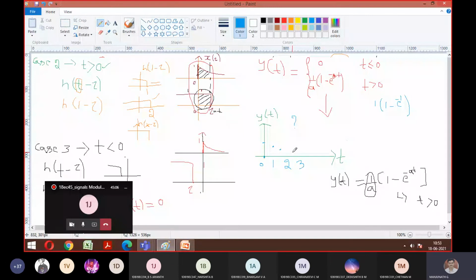So first answer 0.63, second answer 0.4. So if you dip, it's again, you just take a few samples, that's enough. Then you just try to join that, and you can end it. So this is how the y(t) looks like. Am I clear to everyone?